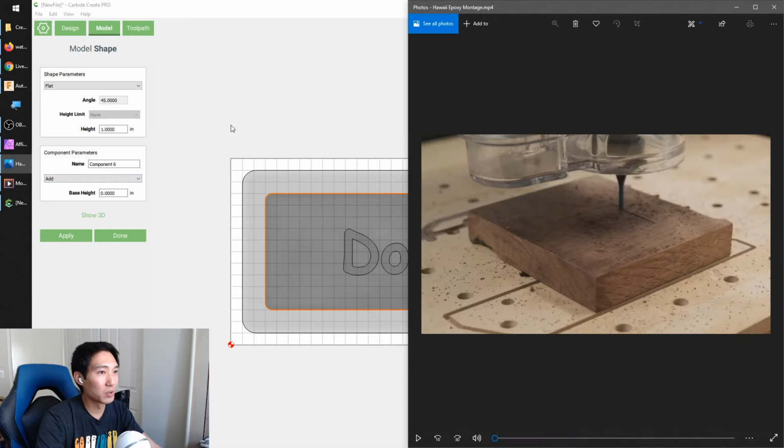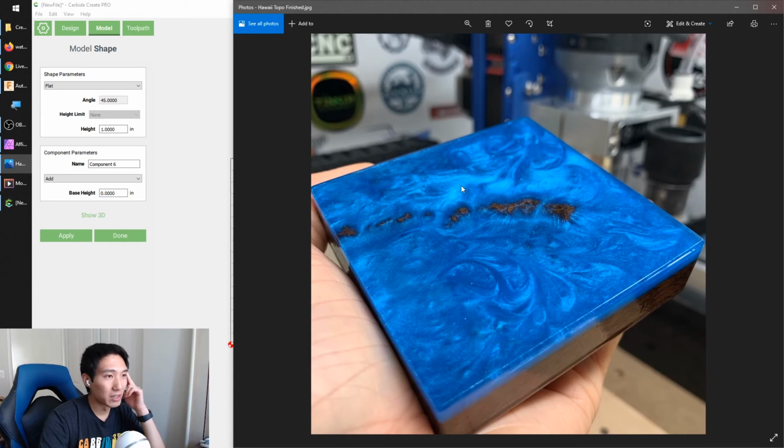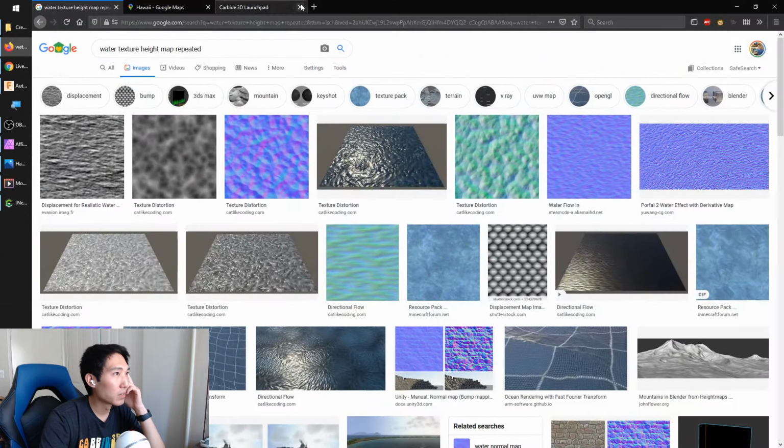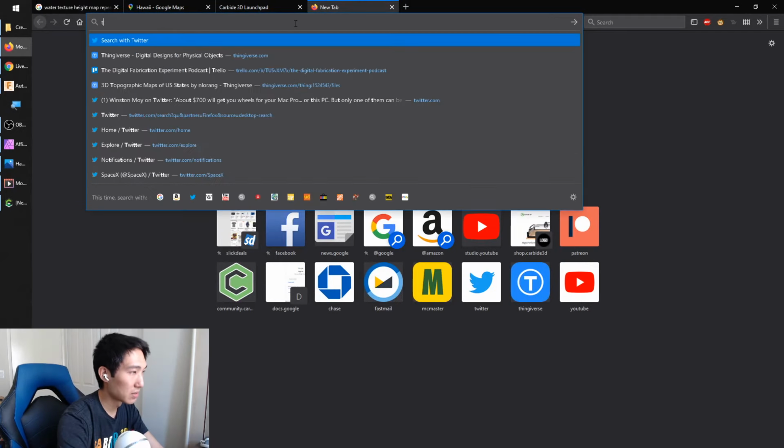I had the idea to, whoops, not that. Let me pull that up again. So I had an idea of doing a topographic carving with an epoxy inlay around it, just matching the contours of where bodies of water might actually be. So this is the Hawaiian Islands with a little extra, and if you are able to find, let me see if I can pull this up again,